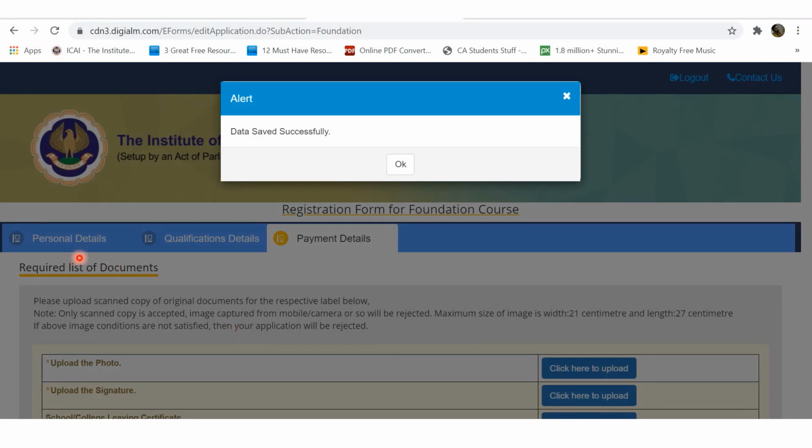Again it will tell you that the two different tabs are complete. Your data is saved of personal details properly as well as of qualification details properly. Now we are going to go for payment details. Okay,